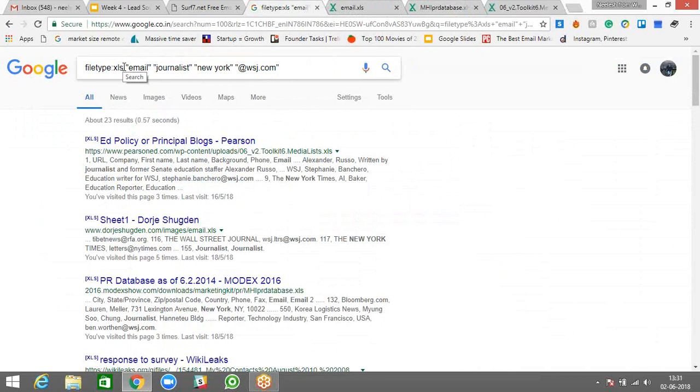Instead of XLS, I can also go for file type PDF, or file type doc. But I stick to XLS because email address तो एक्सेल शीट में ही मिलेगी और कहाँ मिलेगी.